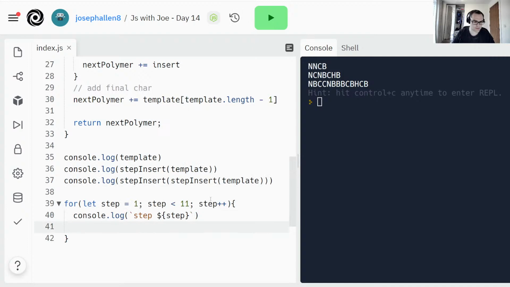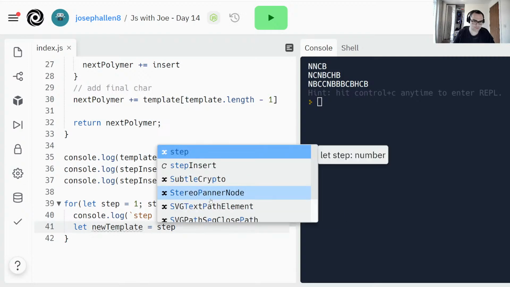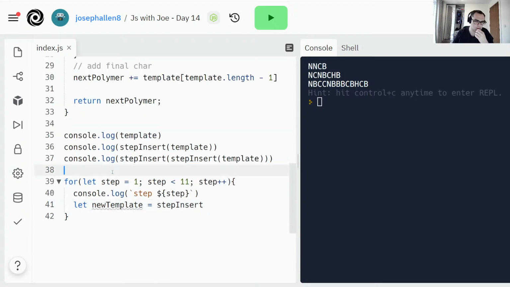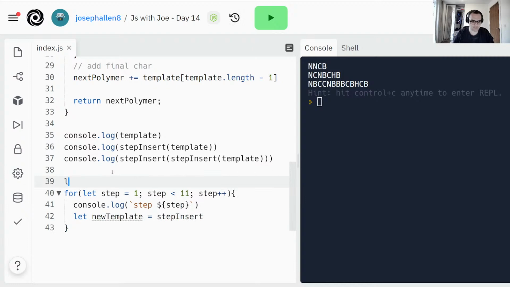Then let's do let new template equal step insert, and needs to be an old... what do I do here, a new template